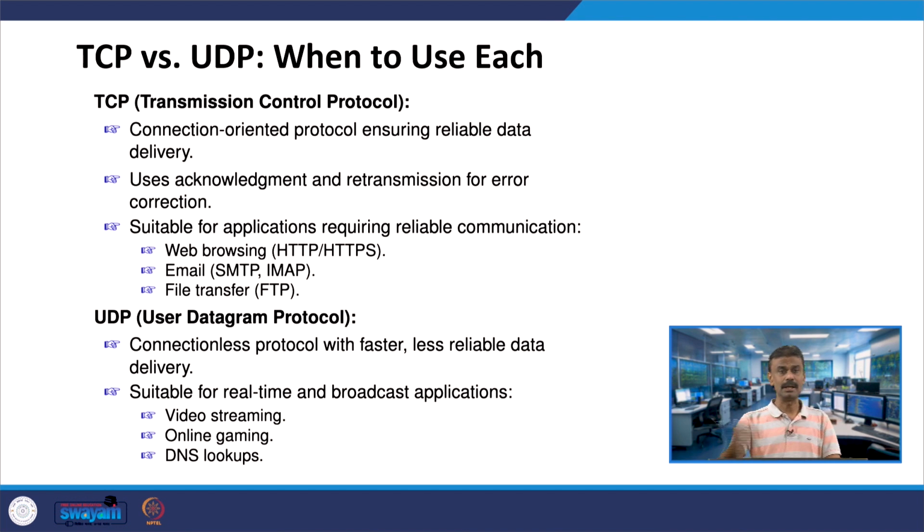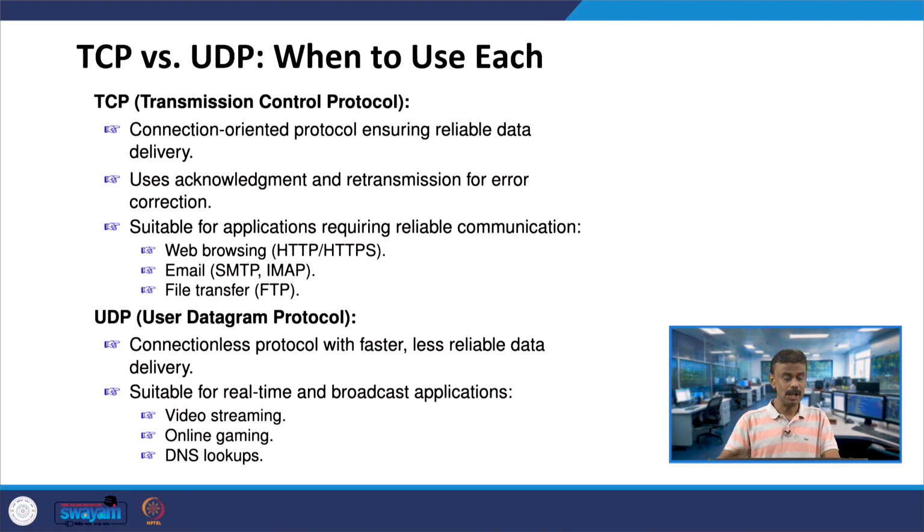Nowadays we are very familiar with online meetings, right. We need video streaming. Suppose you want to present something, we need video streaming. That means UDP has to come to your mind. With the help of the User Datagram Protocol, we can do online meetings and share your videos. Similarly, online gaming, very popular, is another one based on UDP.